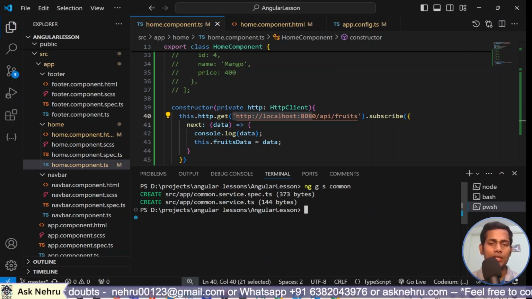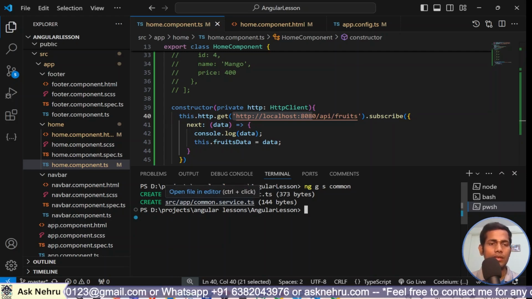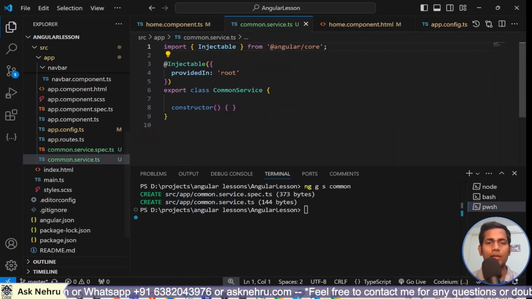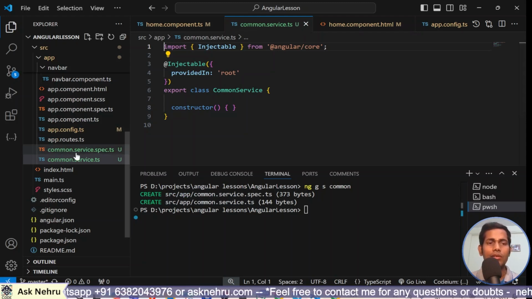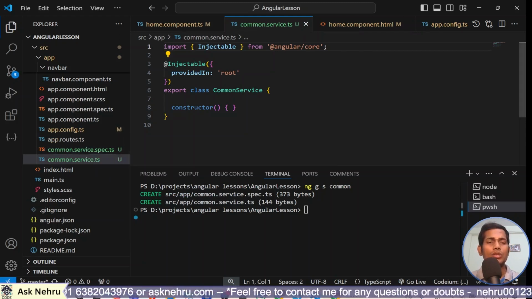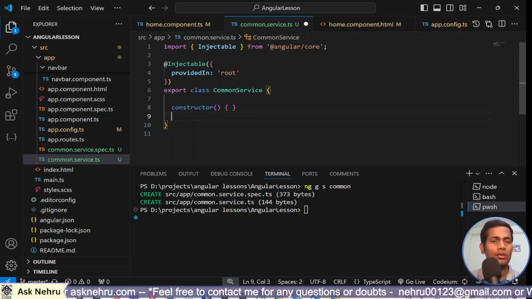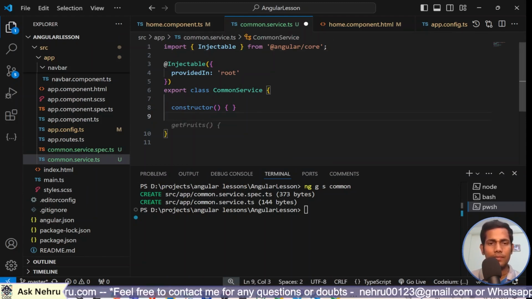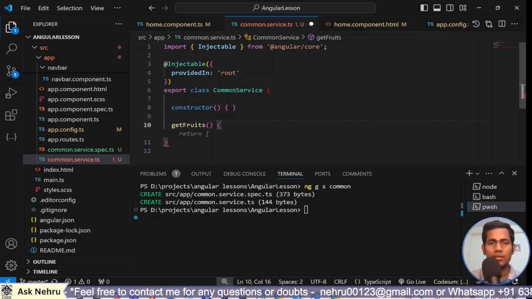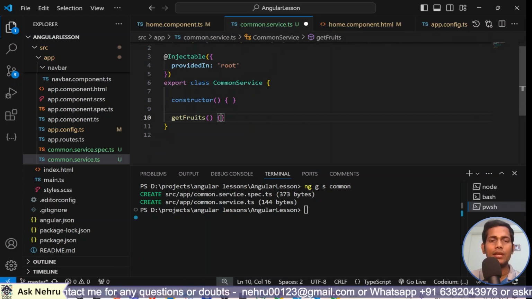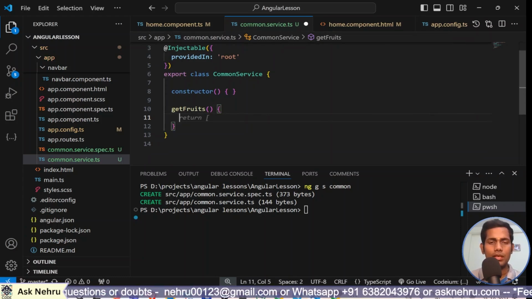Yes, immediately it's generated. So two files are generated, the spec file and the ts file. To open it, I just Ctrl and click on it. It will redirect to our service file. This is what we have created right now. In the service file there is a constructor, but I'm not going to use the constructor. Guys, I create a method with the name getFruits. In the getFruits, I just do return